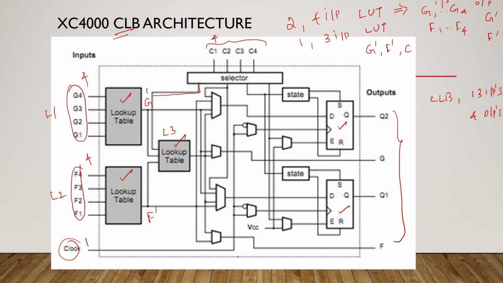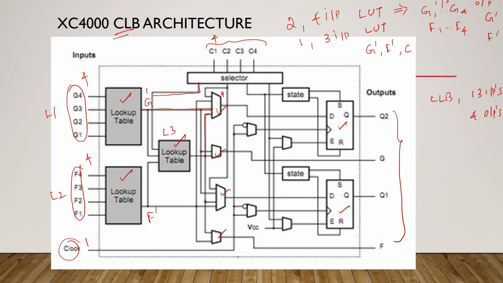Okay. See here, all these muxes are called programmable muxes. The output from the first lookup table is given to this mux 1. In this mux we have 4 inputs. One is from here, G dash is connected to here. Similarly, the output from the L3, that is the third lookup table, is also given here. This is the third output,